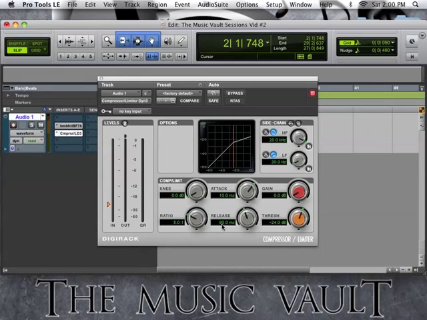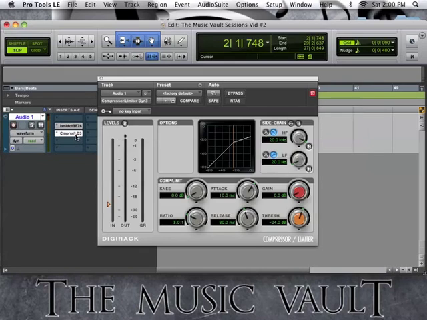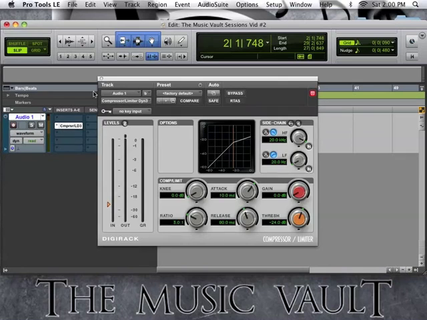Same thing here. Ratio, attack, gain, release, threshold, and knee. All of that is the same here. Very nice. This is a good compressor, and it's a little simpler. If you don't understand how to work it and use it, this one is a little more simple because there's just a couple of knobs here. Okay, so that's compression. It's very, very important for you to understand compression as it relates